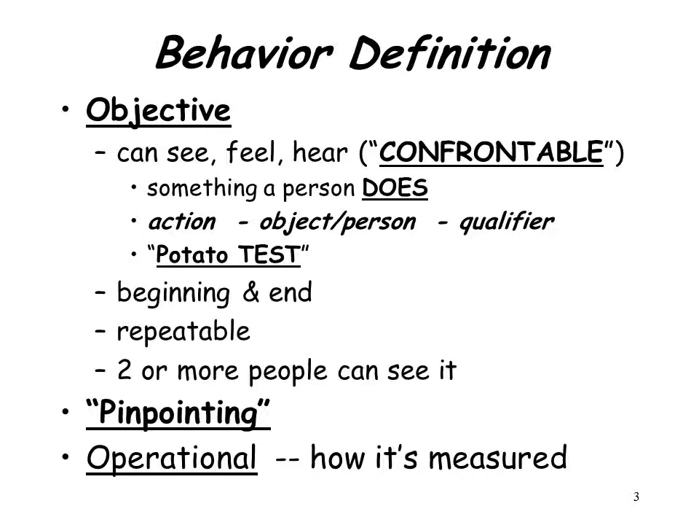You have to start with a good definition. The first requirement of a good definition is that it has to be objective. Objective means that you can see it, feel it, hear it, experience it with your senses. It's something that a person does. This is different from some kind of inferred internal state. For instance, if